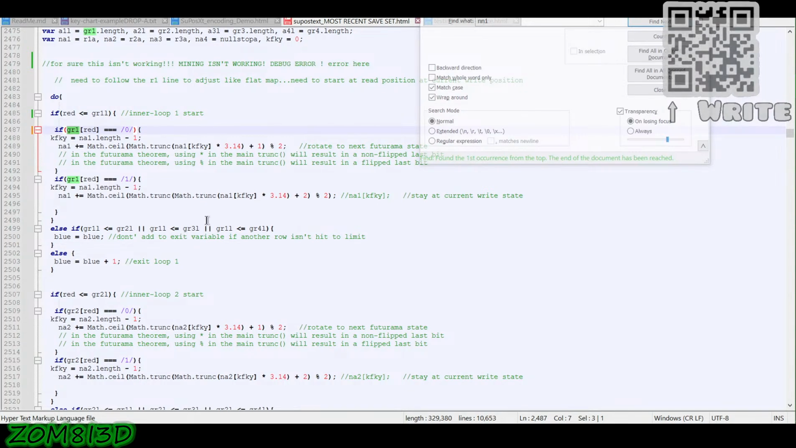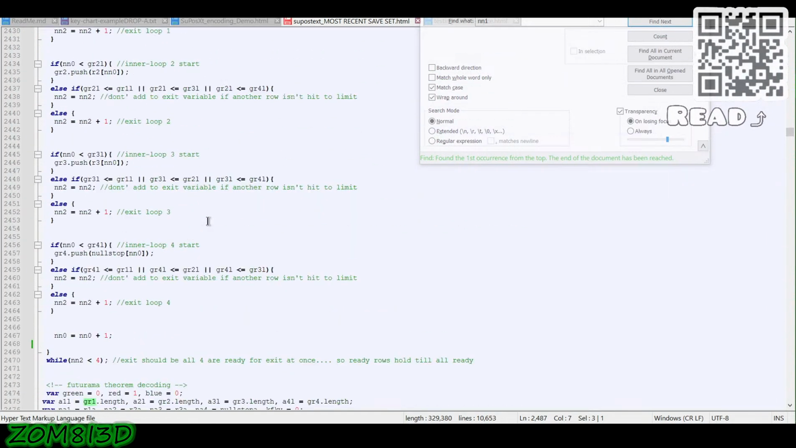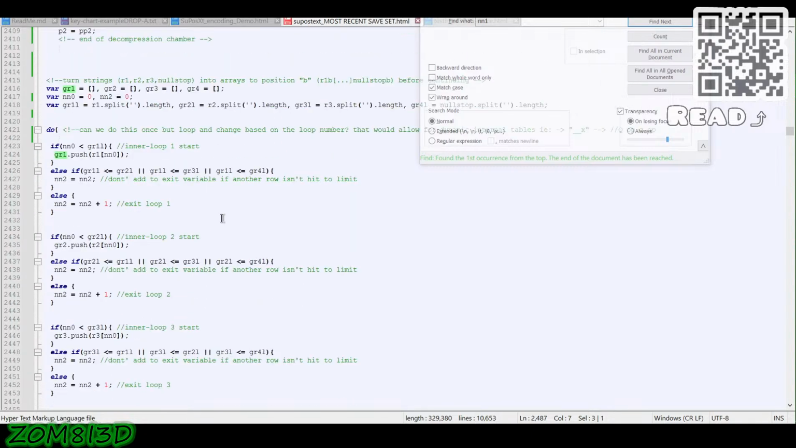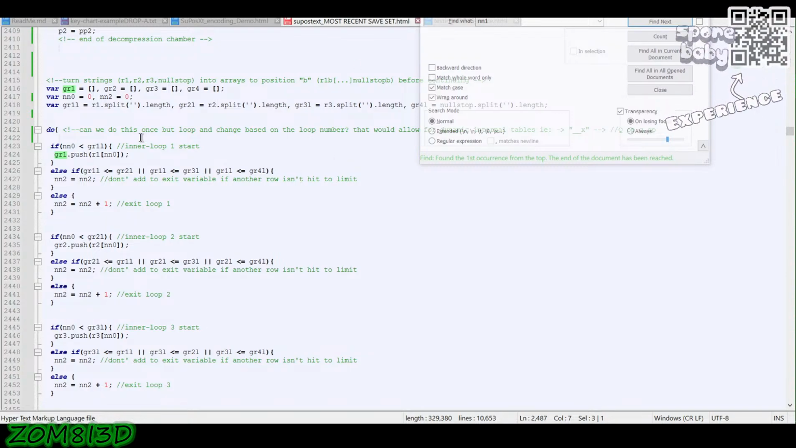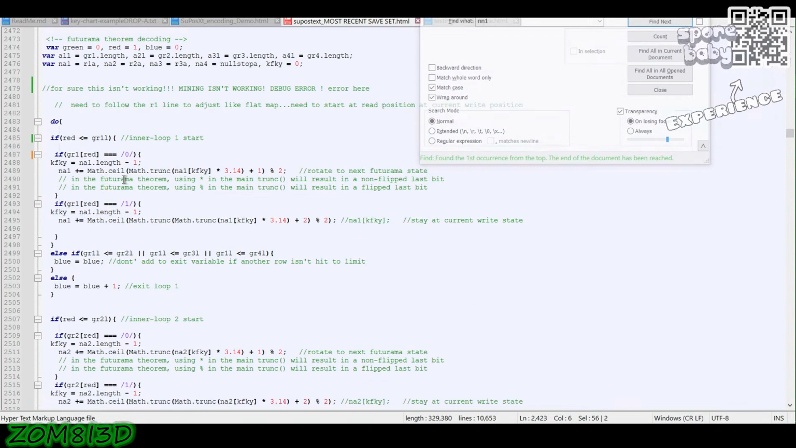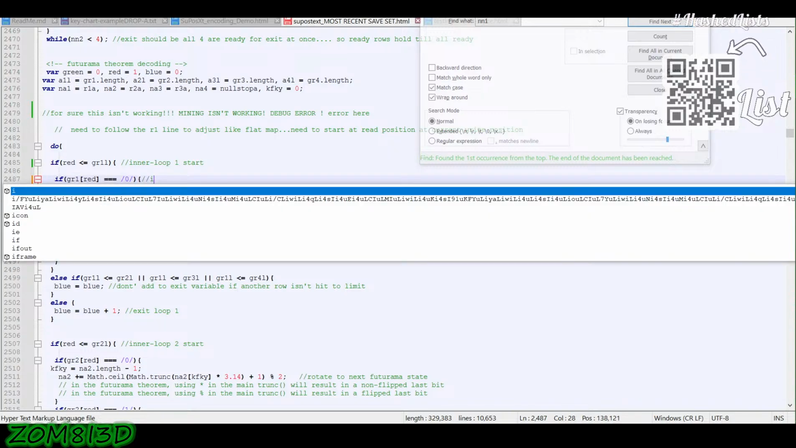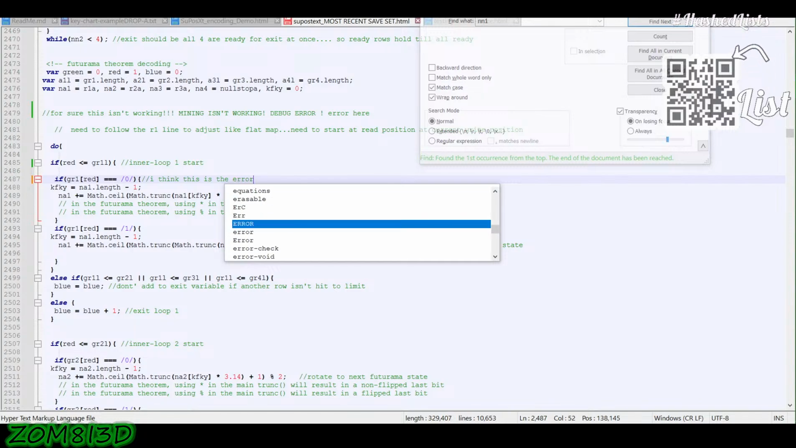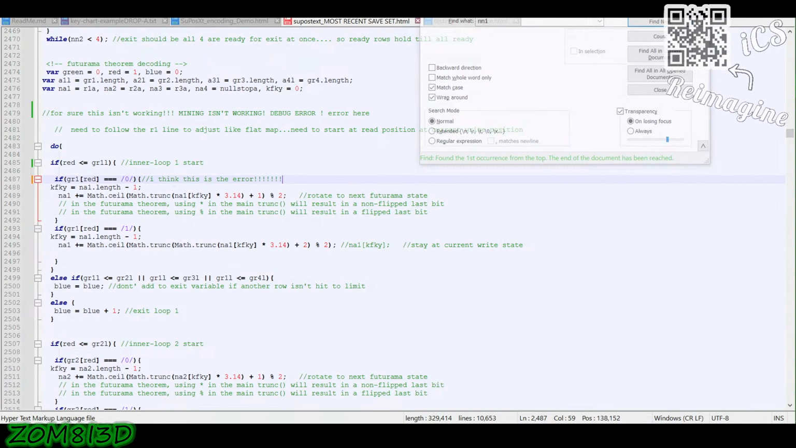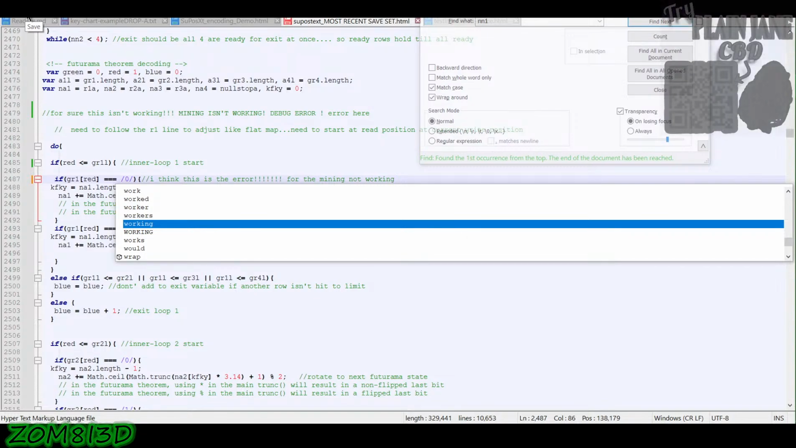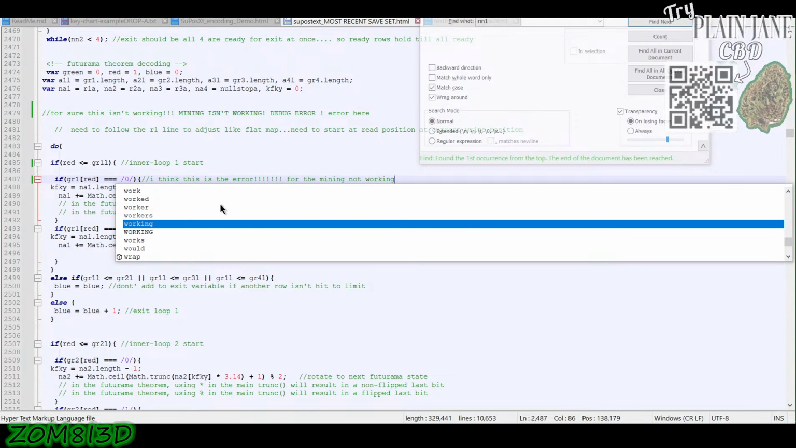Alright, I'm gonna have to stop. I know I'm nowhere near the end of this decoder, but I gotta go take care of something. I think I just figured out, I think this right here, and then I think this is the error for the mining not working. And then after I do some stuff, I'll go back on later tonight and show